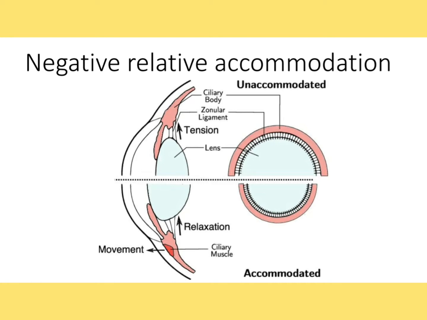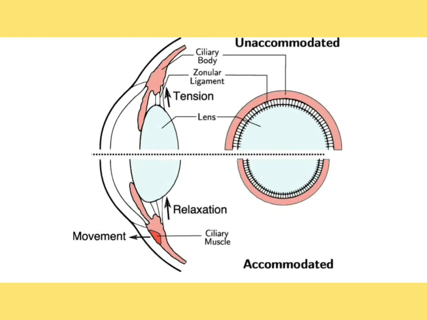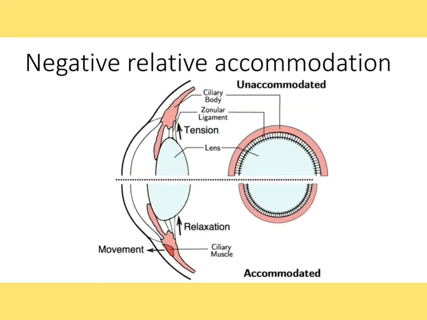Okay, so what is negative relative accommodation? This test is used to check how much accommodation can be relaxed. Suppose you have a patient in your clinic complaining of eye strain or headache after a short time of reading, or complaining of floating or moving words, that is indicating accommodative excess. Or the patient is complaining of blurring of near vision with asthenopic symptoms, it can be due to accommodative insufficiency. So the negative relative accommodation test is performed to see whether the patient has accommodative excess or insufficiency. You can understand by performing this test.